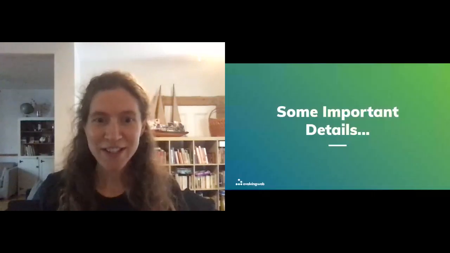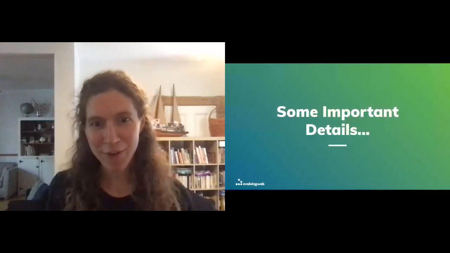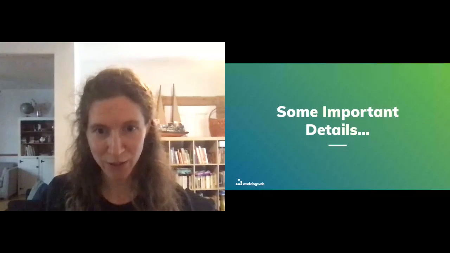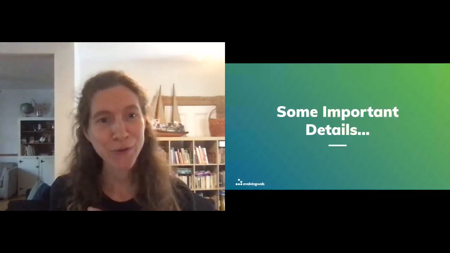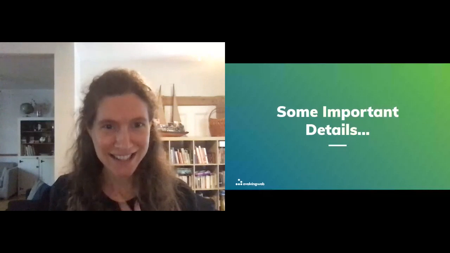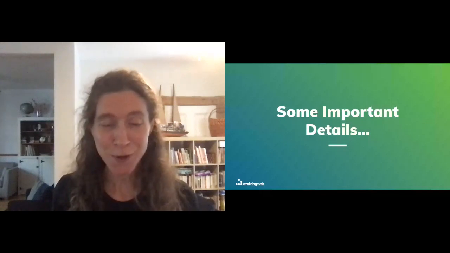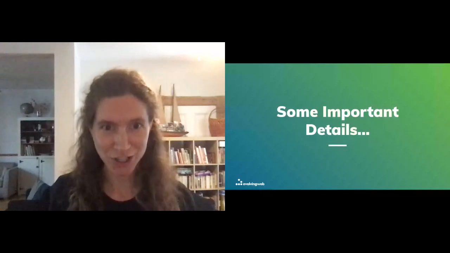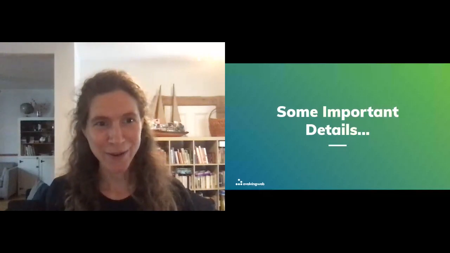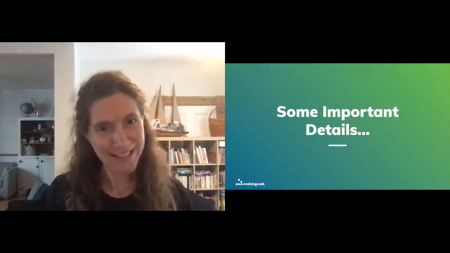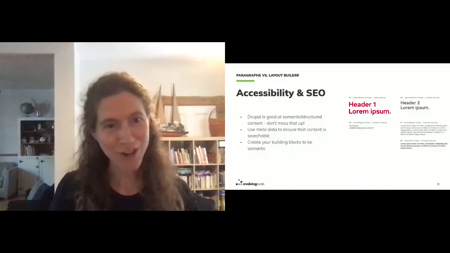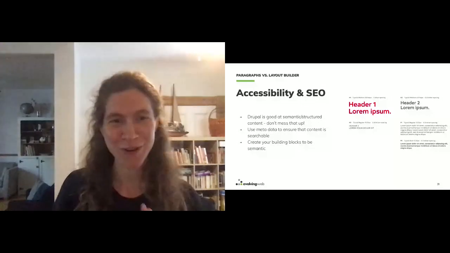So I'll just mention some final important details. So whichever method you pick, there are some big caveats to using these types of page building tools in general. So first of all, accessibility and SEO are super important. And one of the strengths of Drupal is that you have structured content. And so building an accessible and SEO-friendly website is easier, but when you throw structured content out the door, you don't want to mess that up.